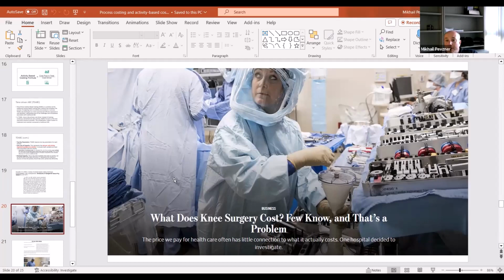So I'm going to next pull up the article because it's actually worth reading through, right? You want to know what the surgery costs, right? Wouldn't you think, if you're a hospital? Well, certainly if you're a patient, you would want to know, because that affects how much you have to pay for it, right?